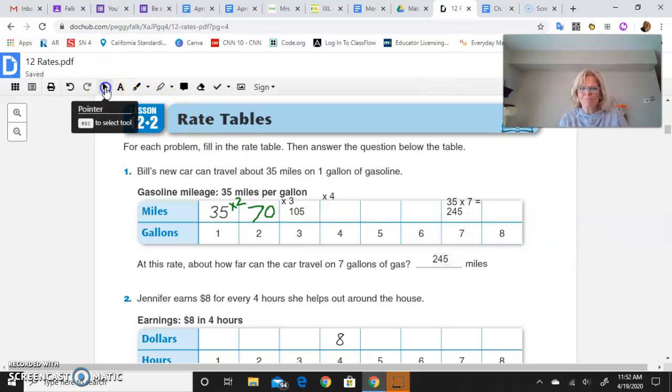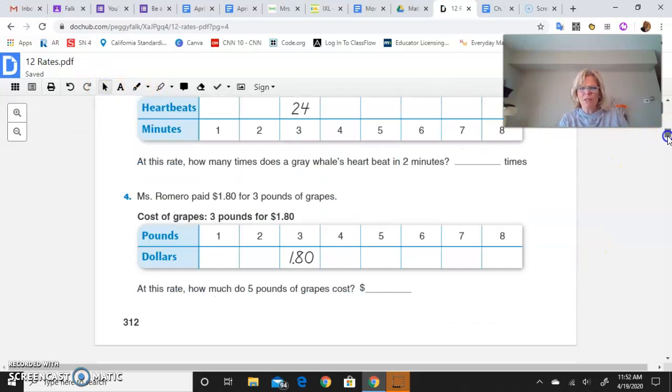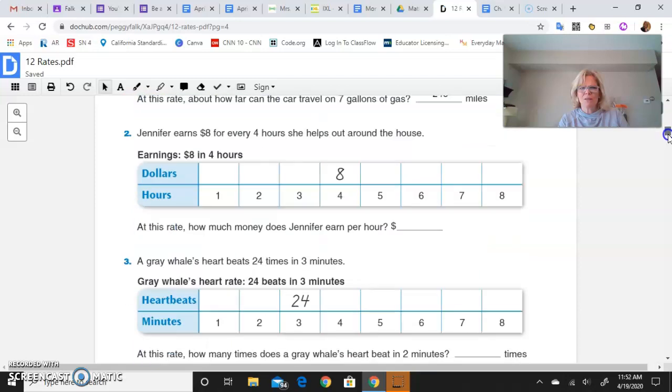Okay, let's try another one. Okay, Jennifer earns $8 for every 4